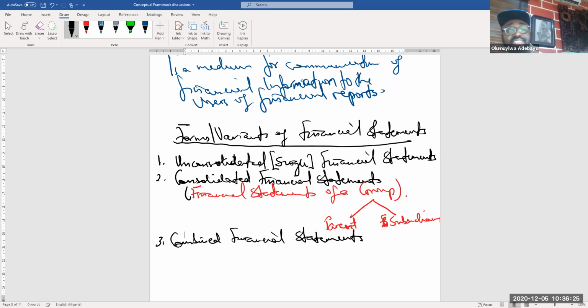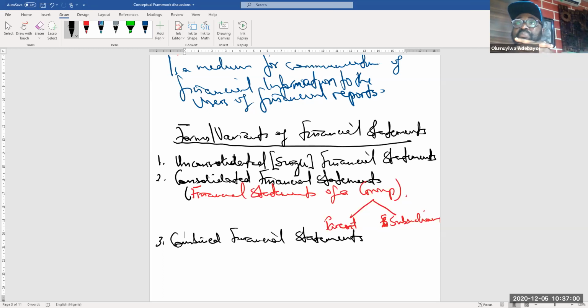The combined financial statement shares similar principle with the consolidated. The word combined means you are not talking of one, you are talking of at least two or more. Therefore, if you have two or more entities that are owned by a particular individual or set of individuals, remember, I use the word individuals, I didn't use the word entity. What it means is that, let's pick for example,